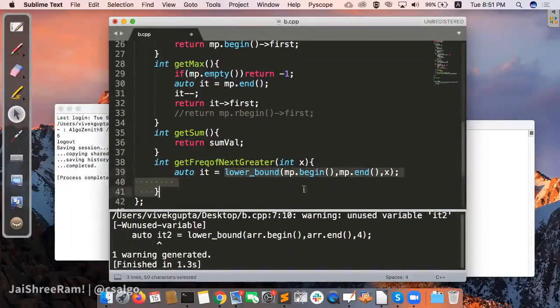In maps, you don't use lower bound directly in this form, because it is an external function and it needs random access to the iterators in sequential form. But map is not a sequential data structure.